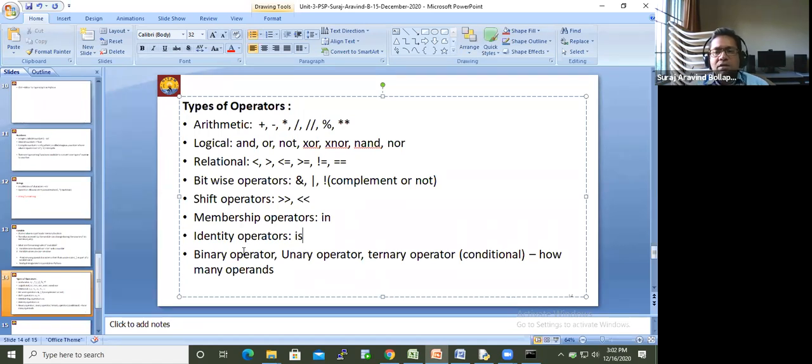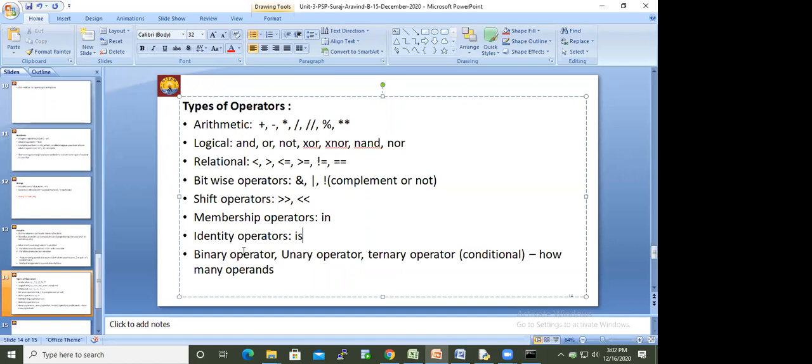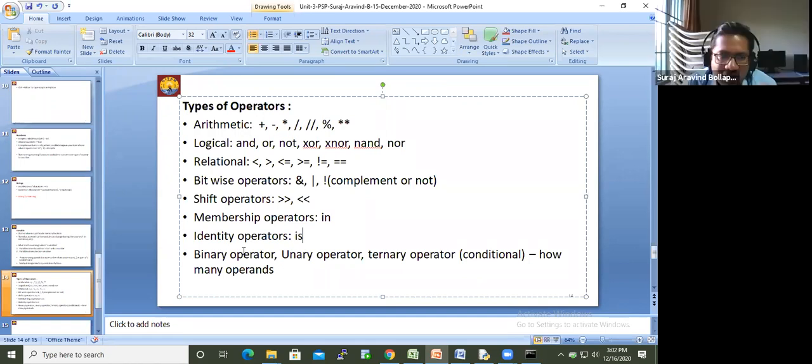Right now we're using only arithmetic, logical, and relational operators. Also, this one we did not use much except for the if condition. Only in one context we have used and, or. We did not use any of these. We don't know whether they are there or not. It is for you to find out.